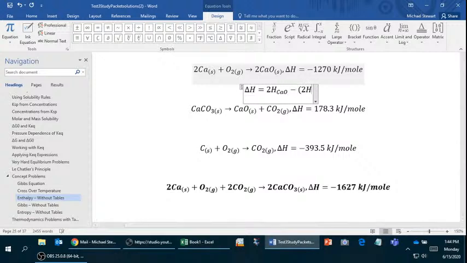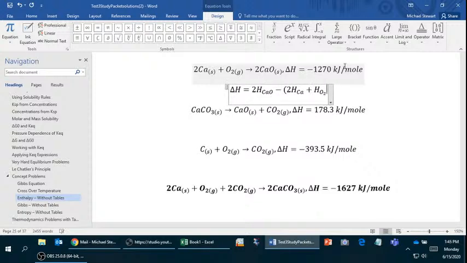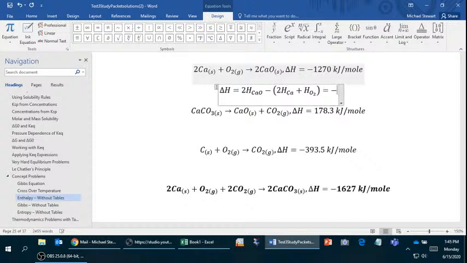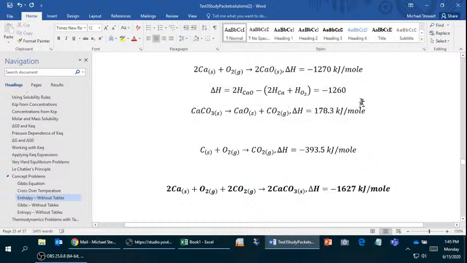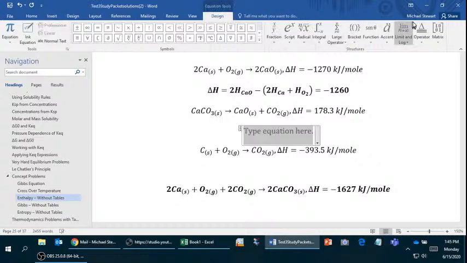So we have 2 calcium atoms and 1 oxygen molecule. And this is all going to equal minus 1270, the reaction we're given. For this reaction, the delta H